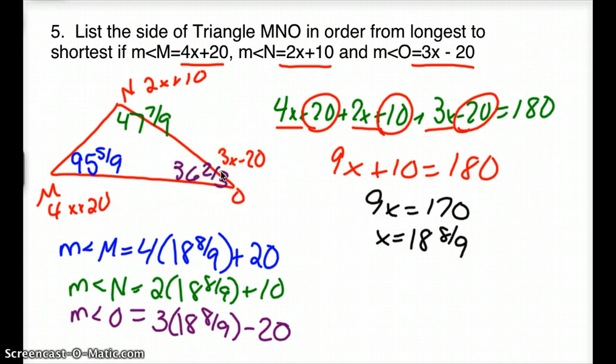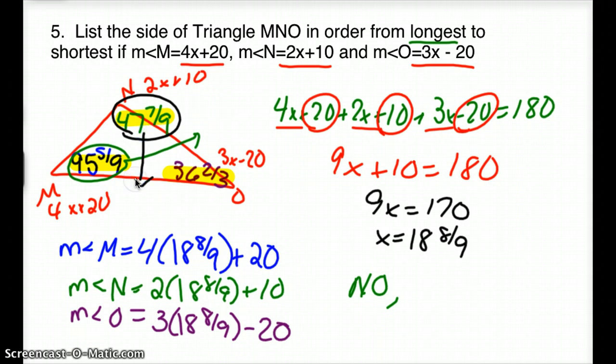Now before I move on, I am going to add these up to see that they add up to 180 degrees, and if they don't, then I have an error somewhere. They're asking me longest to smallest, longest. So I need the largest angle going across from it, NO. Then I need my next biggest one, 47 and 7/9, MO. And that leaves me with